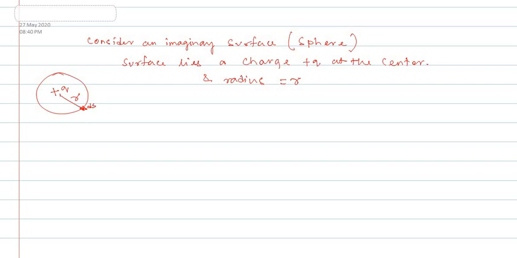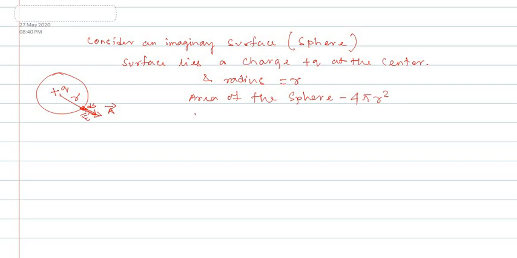Now according to ds, this is the perpendicular area vector, area vector A, and here also these are the electric field lines E. So these are the electric field lines, this is the area vector, which we already discussed in electric flux. And we know that if you calculate the area of the sphere, it will be 4 pi r square, where r is the radius of the sphere.